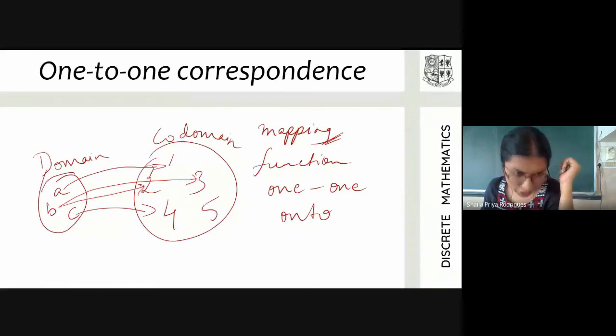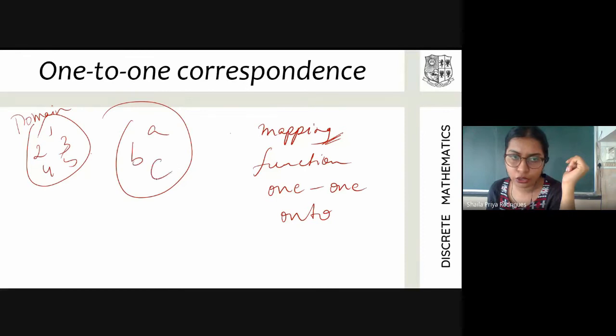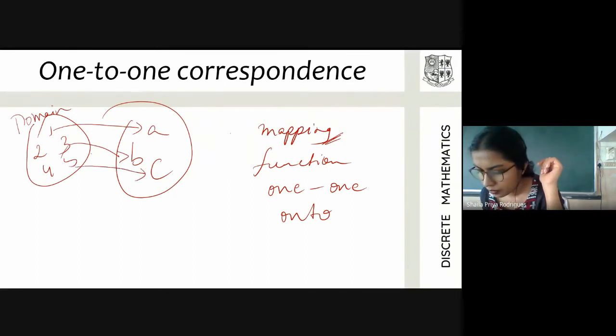I'll try to redraw. Let this set be the domain now, and let this set be the codomain. Now, let us say 1 is mapped to A, 3 is mapped to B, and 5 is mapped to C. You see all the three elements in the codomain, A, B, and C, do have a pre-image, right?